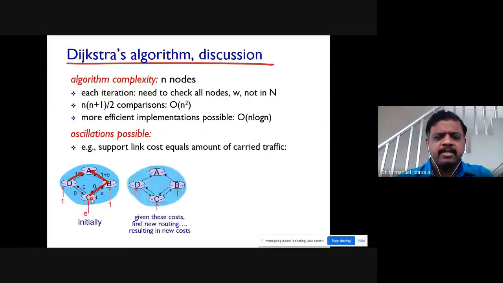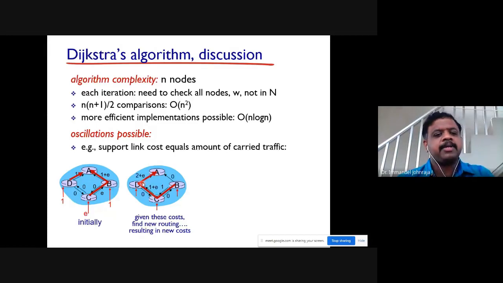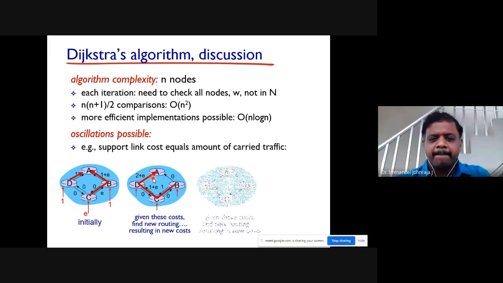All right, so given this cost, it finds a new route, it understands this is the least cost. So it forwards the packet through this way. Once it is forwarding the packet this way, what happens? This becomes 1 plus E, this becomes 2 plus E, whereas this becomes 0 and 0. And then router C understands this is only 0 and 0. So routers C and B again go to the original state. It forwards E here, it forwards 1 here, and so on. You can see in the next one.